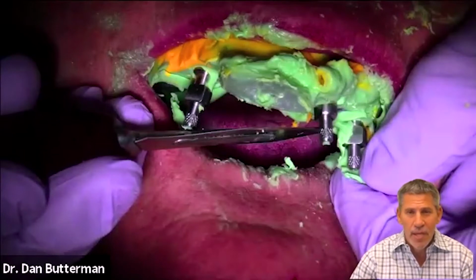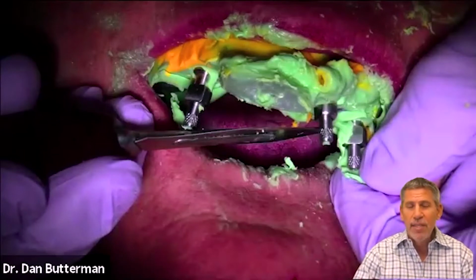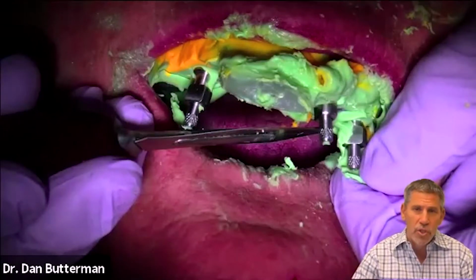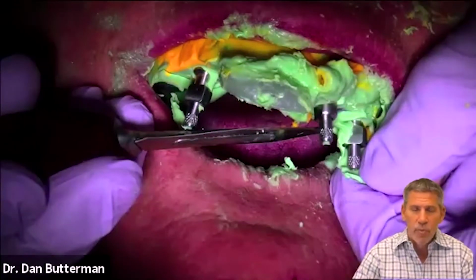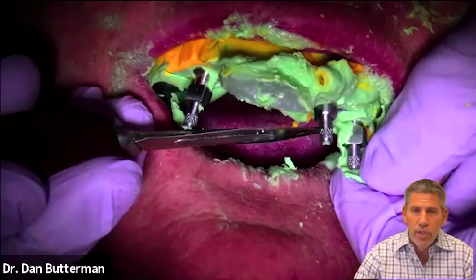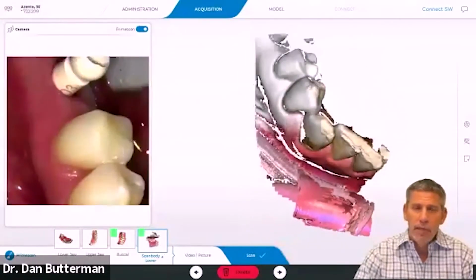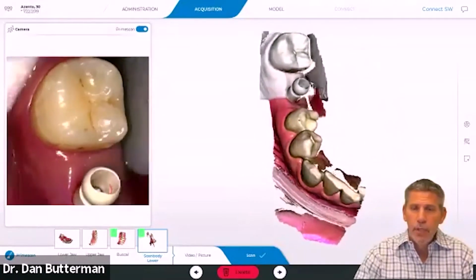It's intimidating for the patient, and it's intimidating for the whole team because everybody knows that thing is not coming out of the patient's mouth until you can locate all of those screws and unscrew it, and then your patient's uncomfortable and they're gagging, and God forbid you miss it and you have to redo it. That's just not fun. So in my office, I'd rather take a picture, and we can do this with full